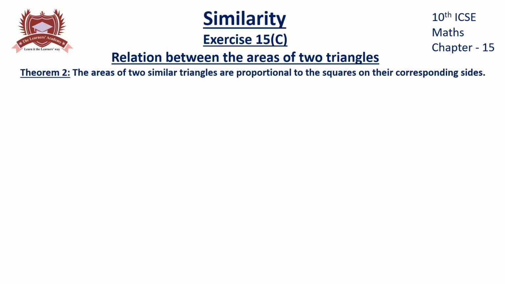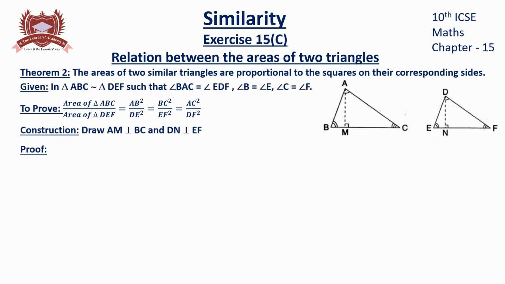So the first thing that we are going to talk about is the relation between the areas of two triangles. Now what happens when we have two triangles that are similar to each other? Then what would be the relation between their areas? The areas of two triangles are proportional to the square of their corresponding sides. So this is what we have. We have two triangles here and they're similar. We have triangle ABC and